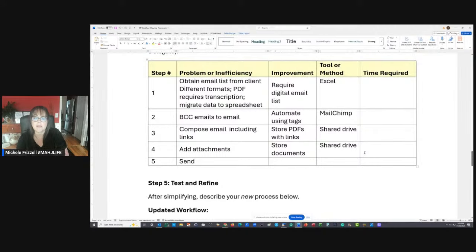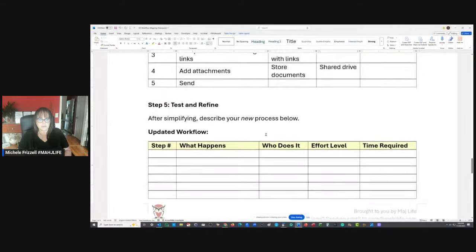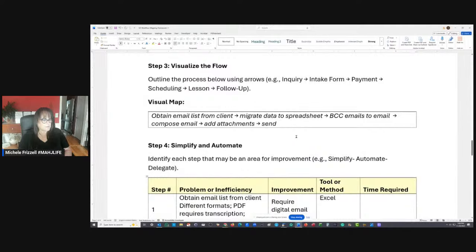It's a digital library for them, and that's a perk of your service. That's one of the inclusions in your offer, that you would give students access to a digital library for ongoing learning. And then, of course, do the test and refine. So that's what I would do as well.